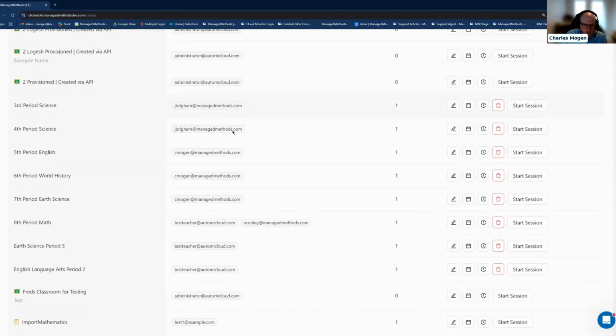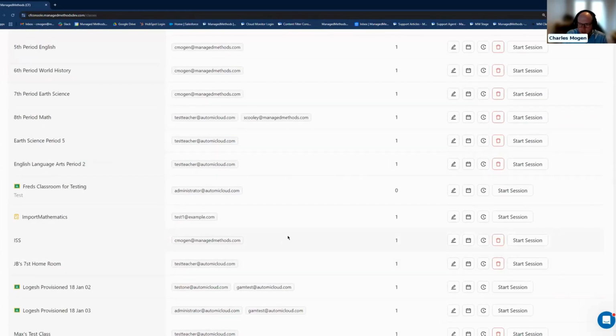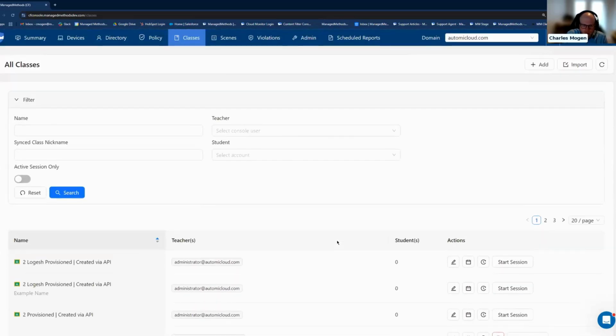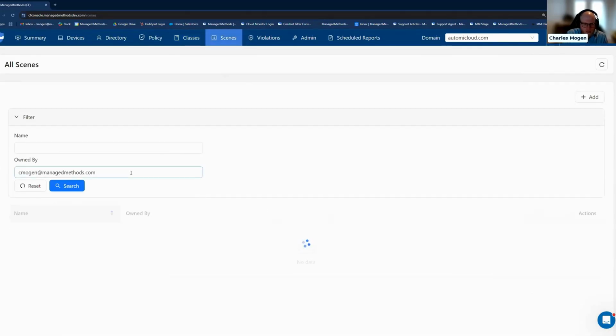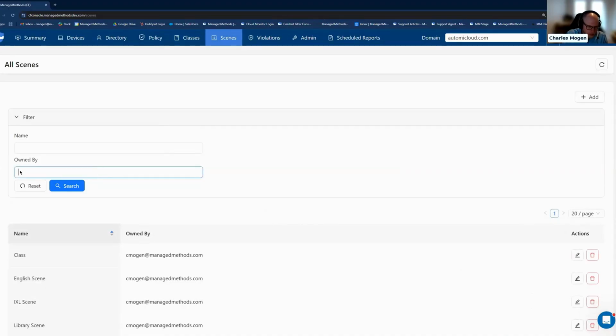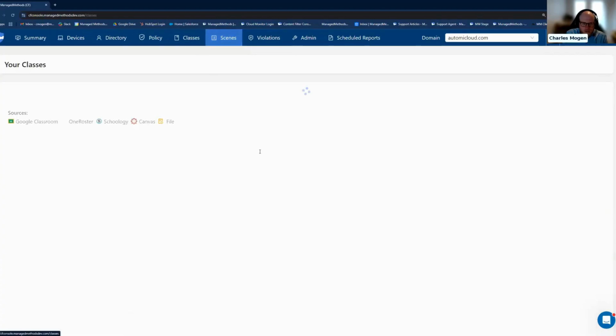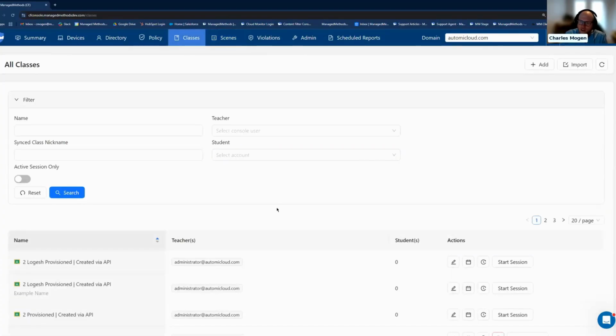You can see I can see a lot more classes in here than just that one teacher's classes. So a lot more going on here overall. The idea on the admin side is to have more admin level control, more management control on the classes themselves. And scenes as well will be primarily the scenes of the one specific person. But if I get rid of that, I can also see other people's scenes as well, because I am an admin. So I can go through and if I need to, I could help create a scene for somebody or modify someone's scene. So there are some options on that end as well. A lot more control on the admin side to help teachers out, assist them with potential issues with their classes or getting stuff set up as well. Great. So then